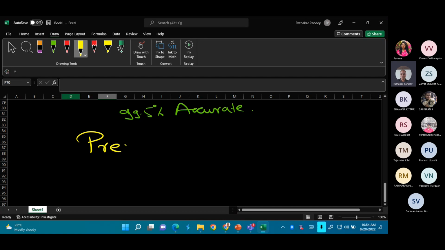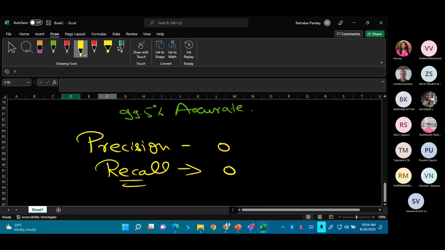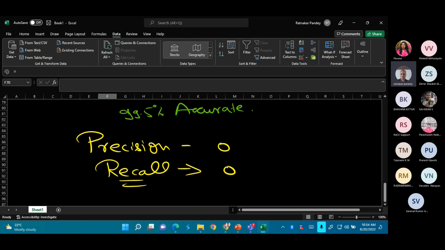Right. So we'll be talking about the precision and recall, right? And you'll see those metrics will be drastically affected. So recall for sick people will be 0, precision for the sick people will be 0, right? Because we are classifying everybody as healthy. So we don't have anyone that we're predicting as unhealthy, and we are not detecting any unhealthy person as well, right? So is this a good model? No, because its precision is